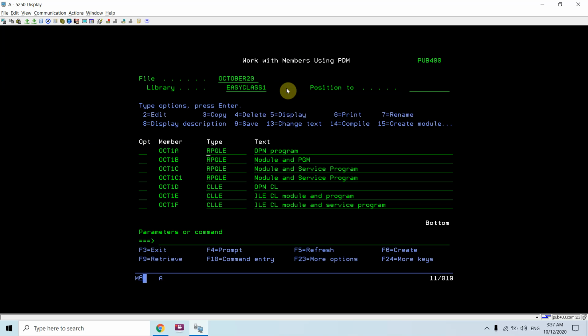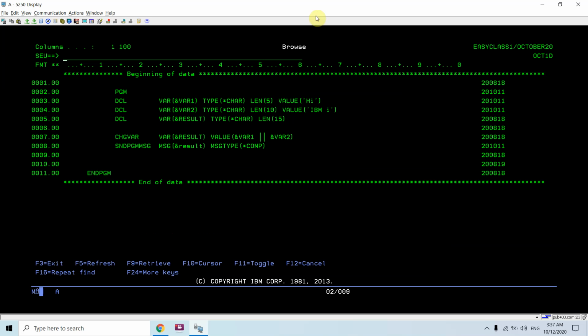And this is also a simple CL program, where I am creating an OPM CL program. It has two variables, VAR1 and VAR2, and we are concatenating those two variables and sending the message to the program.